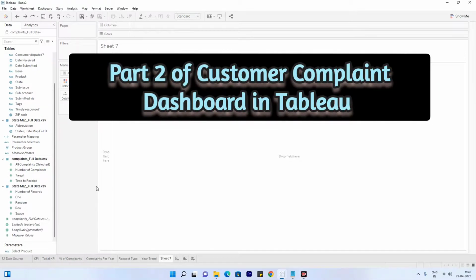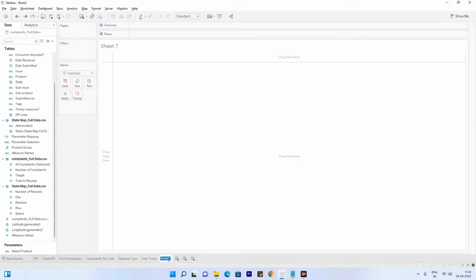So for this I will use the new sheet and I will rename this sheet as map and all. I am renaming this sheet to map all because firstly we will draw the map and tile map for each and every product, and then we have to use a parameter which is used for the sheet swapping. The parameter which we have to use here is the map parameter,